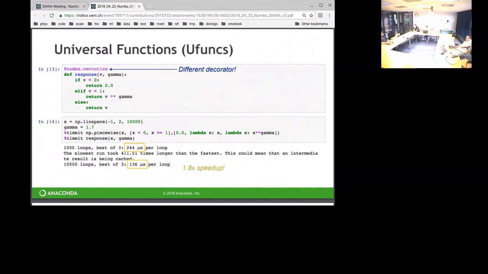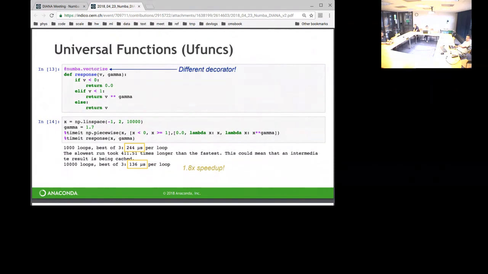It's a very powerful abstraction. The other nice thing about ufuncs is that they're implicitly parallel. They're embarrassingly parallel, in fact. And so our vectorized decorator will allow you to specify a target that isn't just a single-threaded CPU. You can actually target our thread pool, and so if you say target equals parallel, we'll generate a multi-threaded implementation of this ufunc for you that will automatically use all your cores that are available.